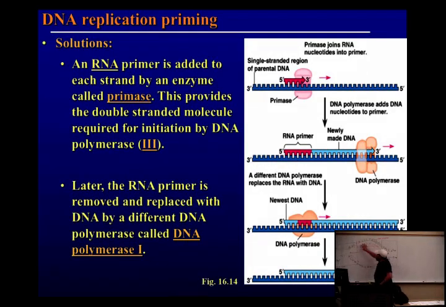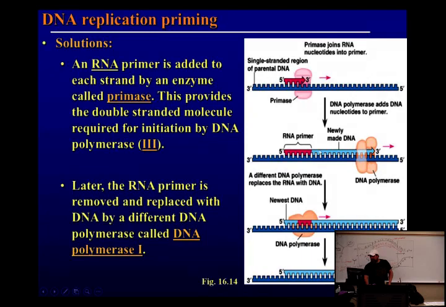But we have to get this out, and so the enzyme that removes this is called DNA polymerase I, and it replaces it with DNA. So it's showing you here. Primer is put down by what enzyme? Primase. Now the conditions are met. What's the direction that DNA is copied from the primer? 5 to the 3, right?